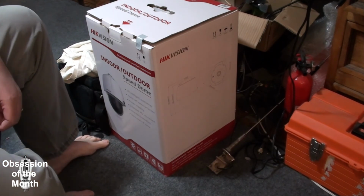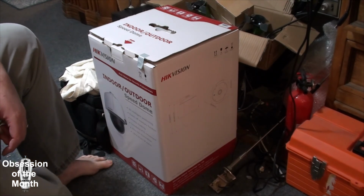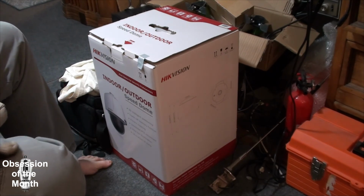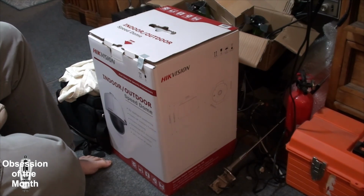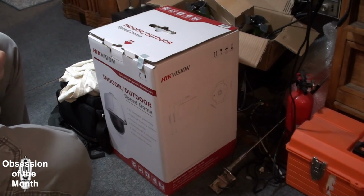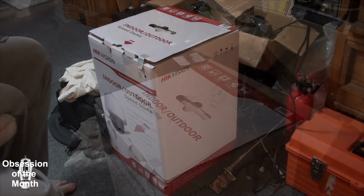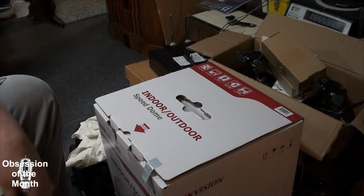So was the cat, with how big this box is, and I was not expecting a cat to come in at this moment while shooting the video. She thinks I'm talking to her, and now she wants some attention. Anyways, let me reposition the camera and take care of the cat, and we'll unbox this. I've already unboxed this and worked on it and looked at it, but I'm going to do it again. So, okay, now that the cat has been properly attended to,